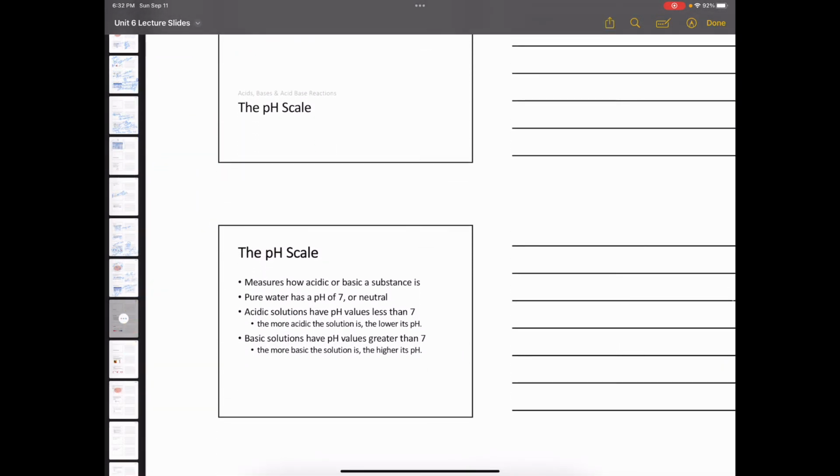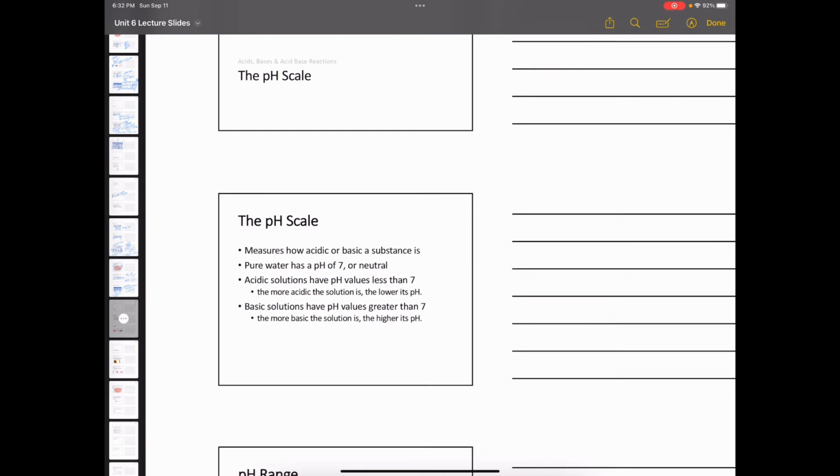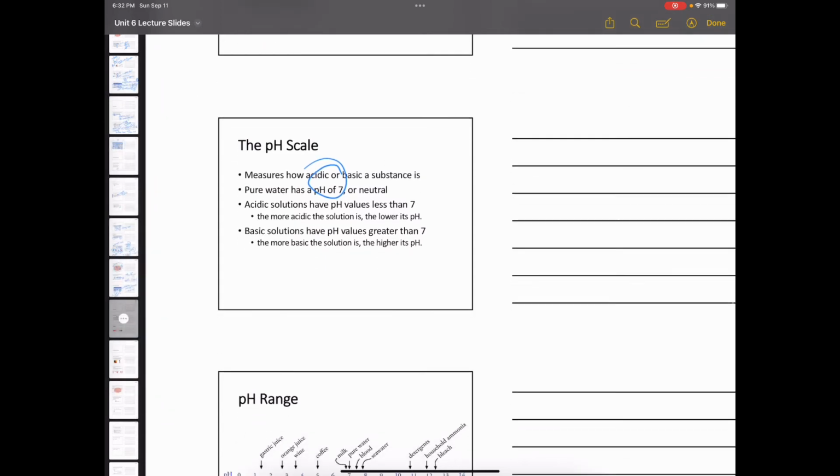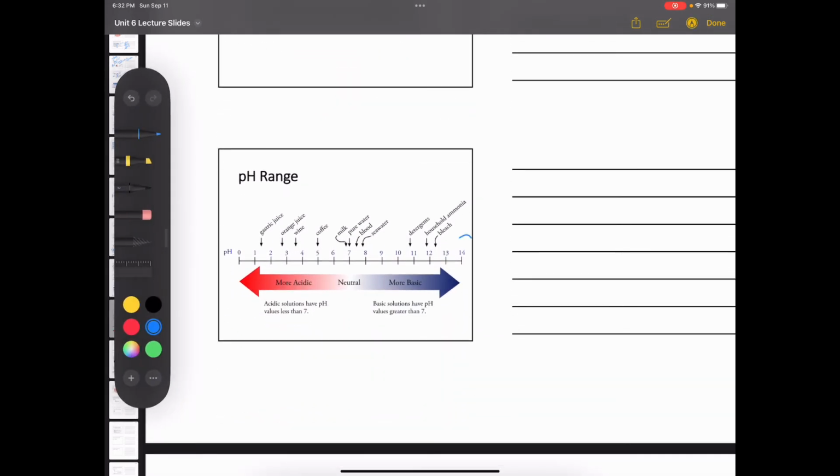So the pH scale measures the acidity and the basicity of solutions or substances in general. Pure water is considered a neutral substance or neutral solution. So the pH would be around the 7 mark on the pH scale. Okay, an acidic solution would have a pH value that is less than 7. So from 7 down below to 1 or 0, that would be more acidic. A basic solution would be between 7 and 14. Okay, so the closer you are to the value of 14, the more basic